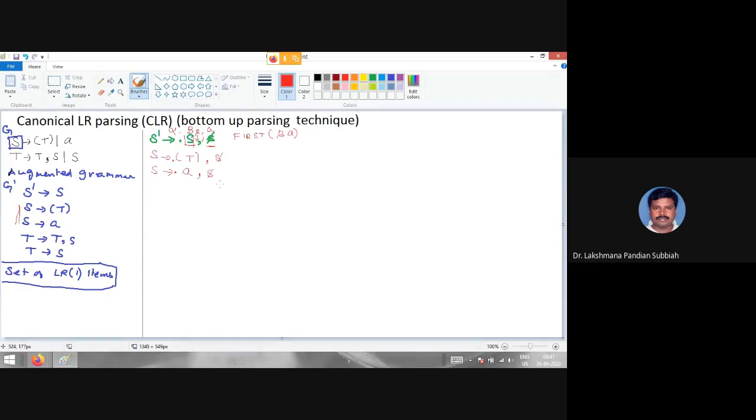Once again, I will tell that. Now we are going to expand. After the dot we have a non-terminal, so now we have to expand. Then you have to use the production rules of that T. So this is the T production rule, the right hand side, and on the left hand side we have T. So you take these two production rules and write them, and you put dot in front of the right hand side leftmost. Then you put a comma on both. Then you are going to find out the lookahead. So this is called the lookahead.